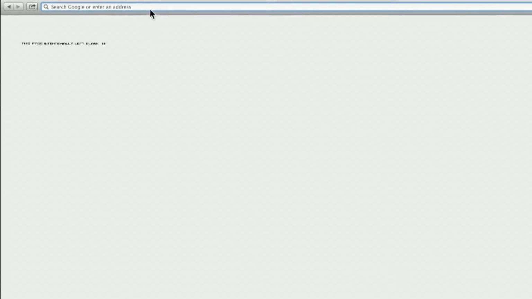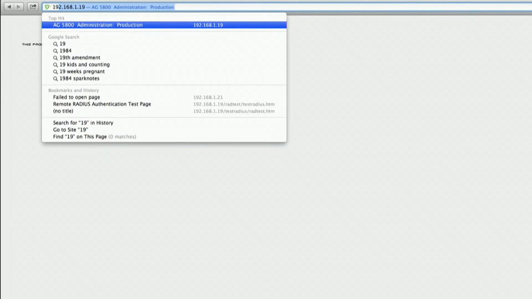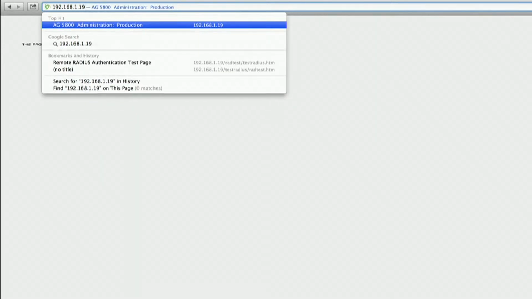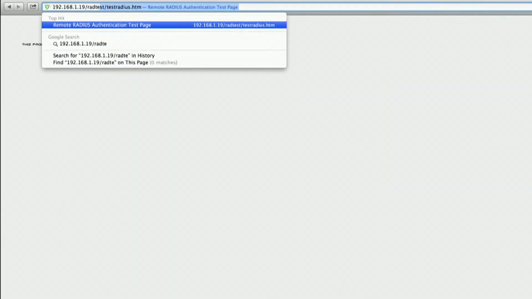You will want to log in to the Remote Radius Login page by going to the Nomadix IP address. For this Nomadix, it's 192.168.1.19. Then you will want to go into the specific page folder, which is /radtest, RADTEST. Then you'll want to go into the test radius page, which is